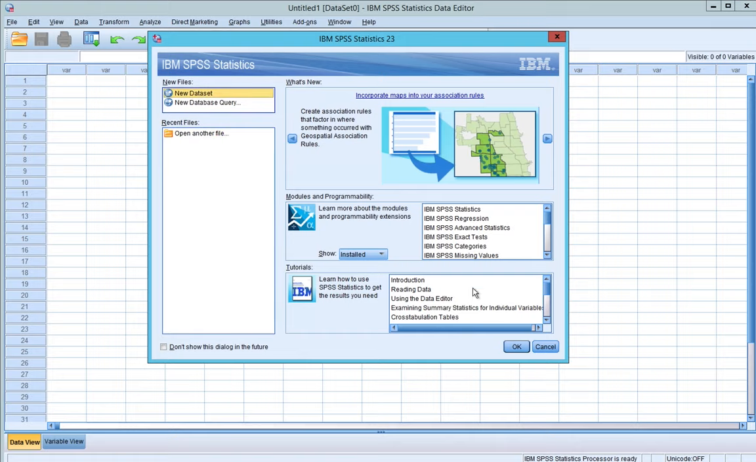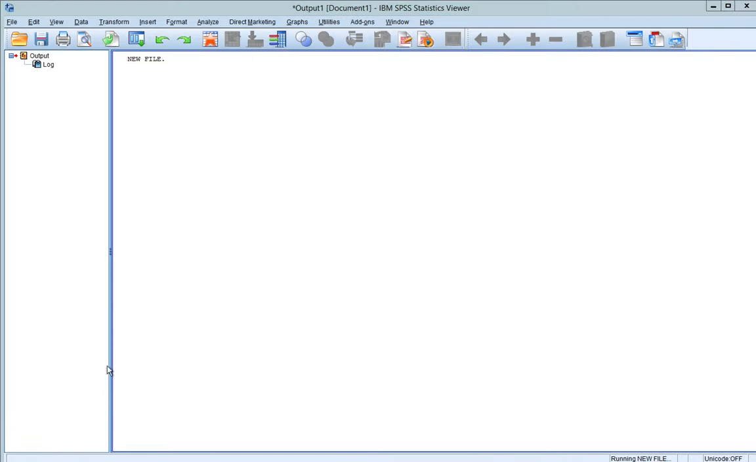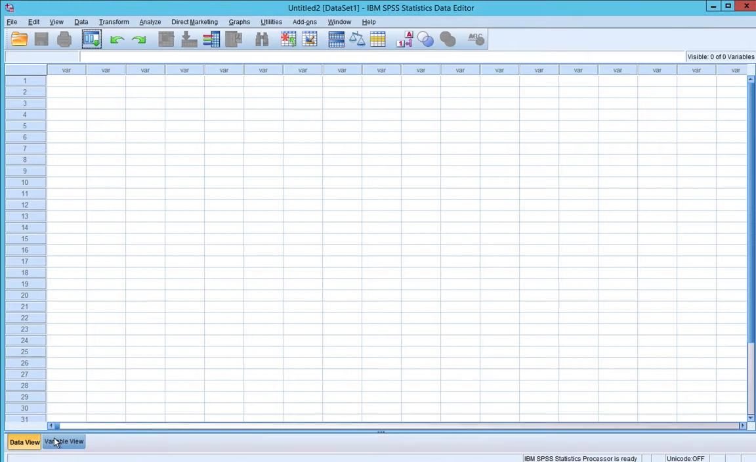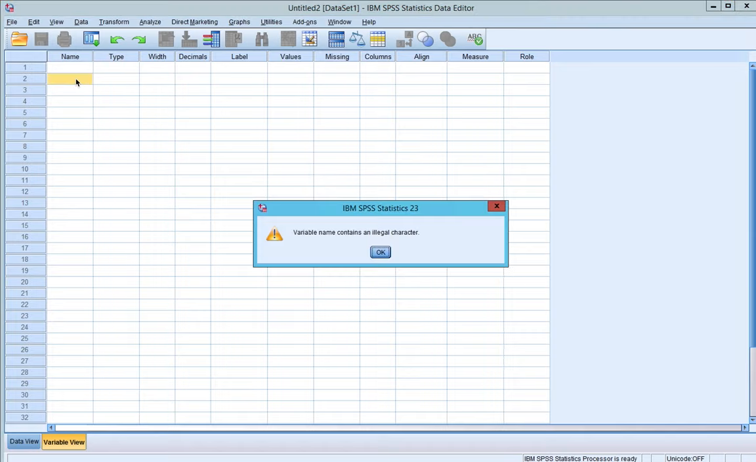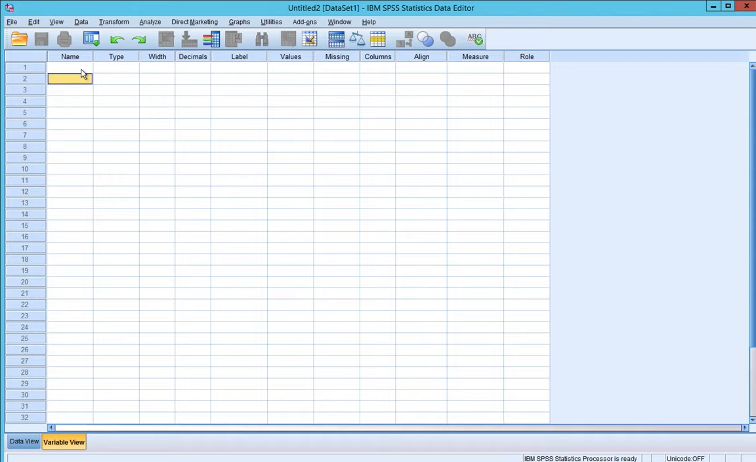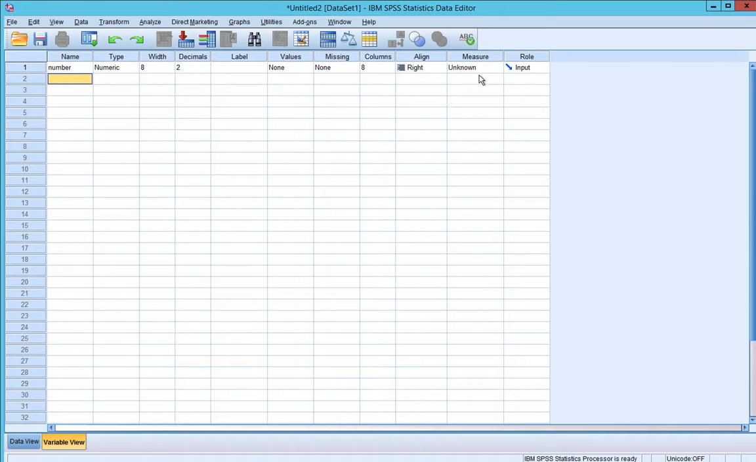So while I'm in here, I just want to start a new data set. The first thing I'm going to do is go to my variable view and create my variable. My first variable is called number. So number, that's my first variable. I want my measure to be scale and I don't want any decimal points. I'm going to just take that down. And my label, I'm going to call this identification